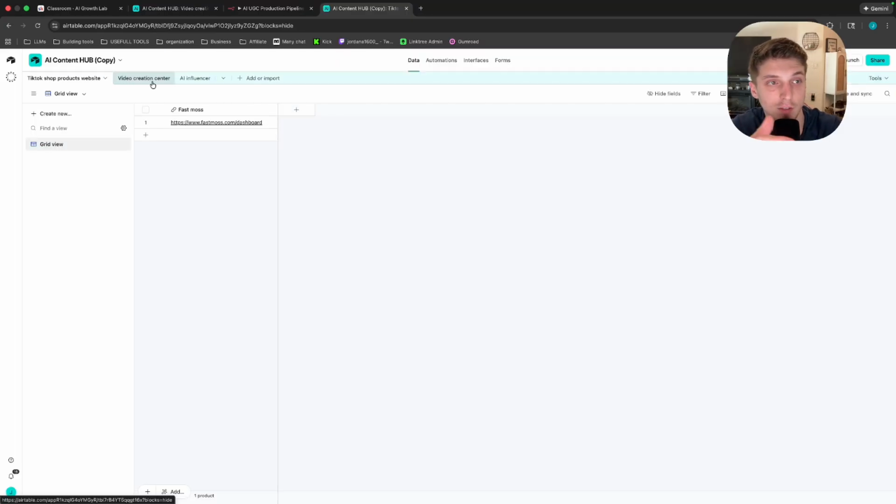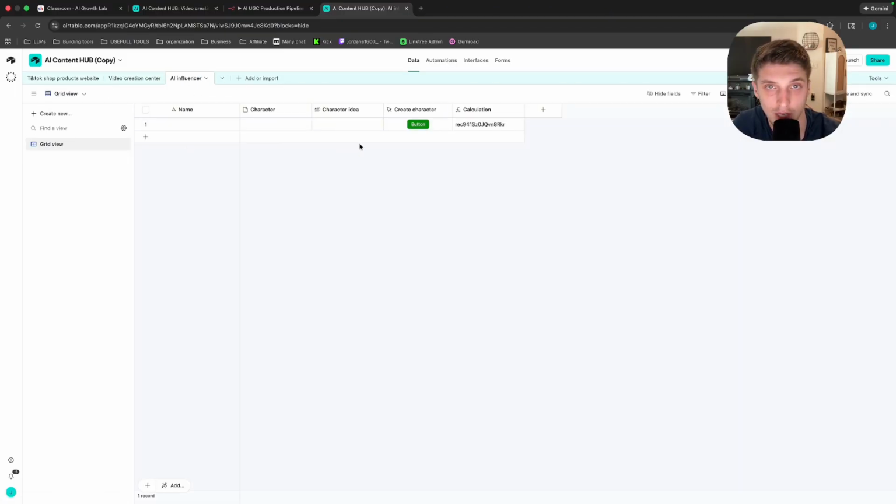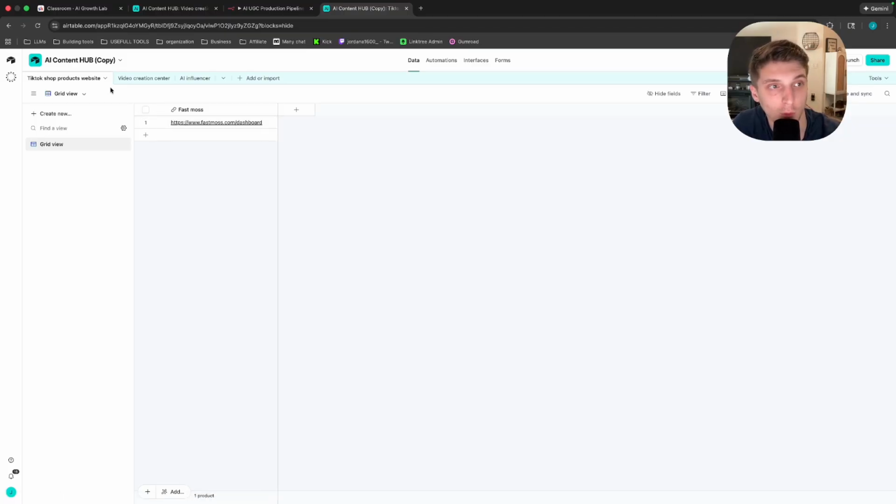So if we head into that front end Airtable called the AI Content Hub, hopefully by now you've copied it for yourself. We have 3 different tables. We have the TikTok Shop products website, we have the video creation center, and then we have our AI influencer table. If we head over to the first table, which is the TikTok Shop products website, and we just head over to this website,